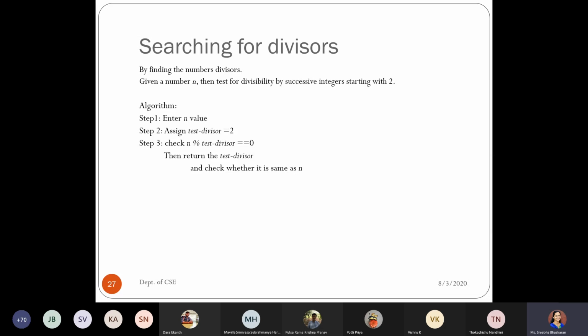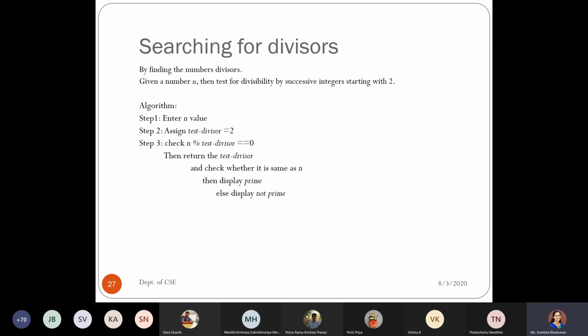If it is the same as my n value, then I can say that it is a prime number. I'm going till n value. If the test divisor equals n, then I can directly say it is a prime number. That means starting from 2 till n, I didn't have any number which was divisible.